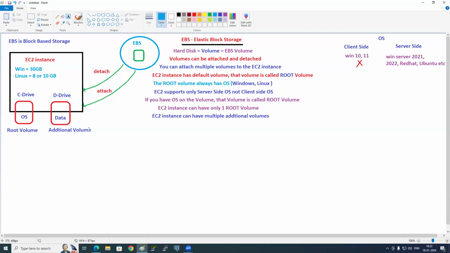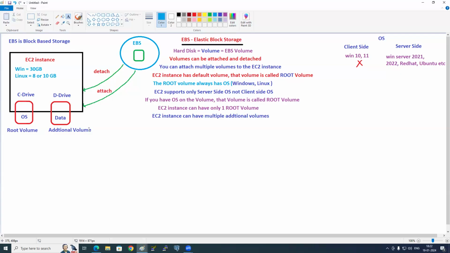But the maximum volume size is 16 terabyte. What's the maximum volume size? Not GB, not 1 TB, 2 TB. One volume can be up to how much size? 16 terabyte. So your C drive can be up to 16 terabyte, D drive can be up to 16 terabyte, your E drive 16, F drive 16.